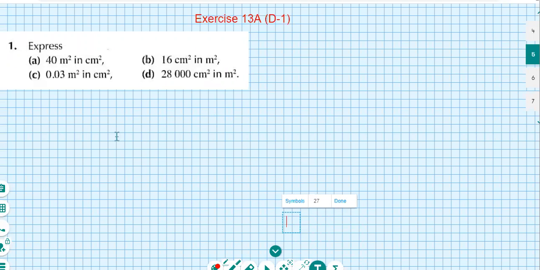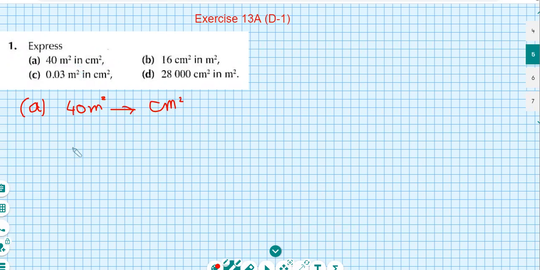So exercise 13a, question number 1. I'm doing part A here: express 40 meters square in centimeters square. We have to convert this meter square into centimeter square. So this is actually a question of